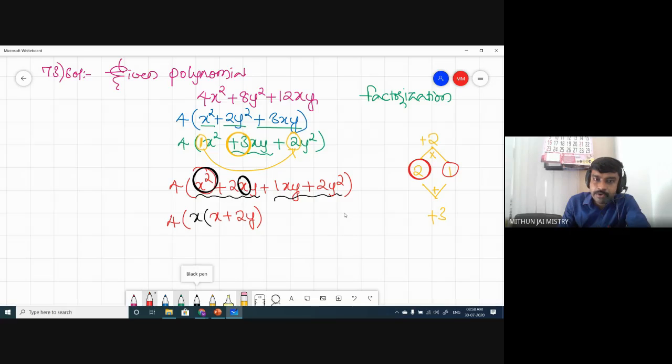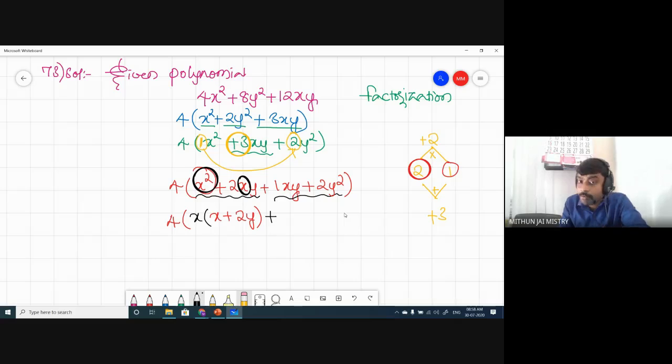Third term is very, very important. If you see the third term as plus, you should take plus as common. And if you see minus, then you should take minus as common. This is the third term here, right? And it is having plus. So definitely I have to take plus as common. In case it is minus, then I would have taken minus.